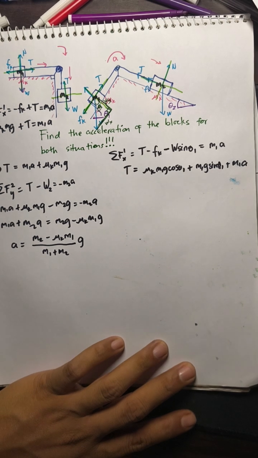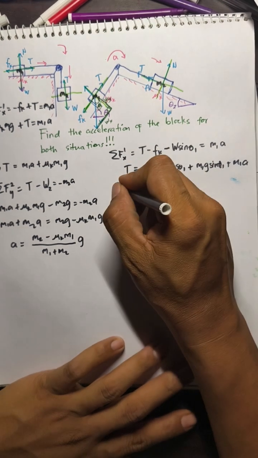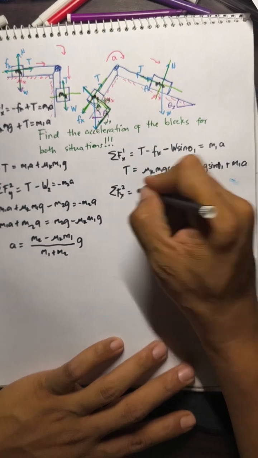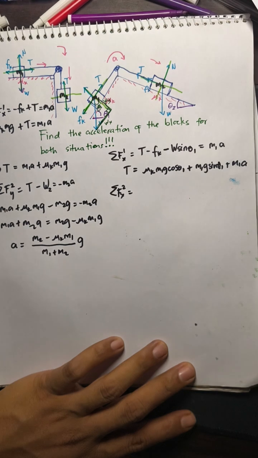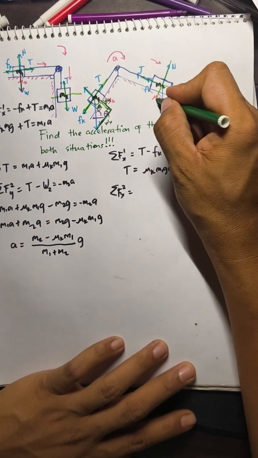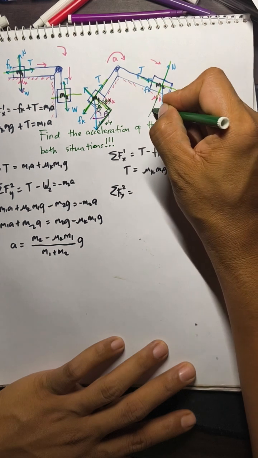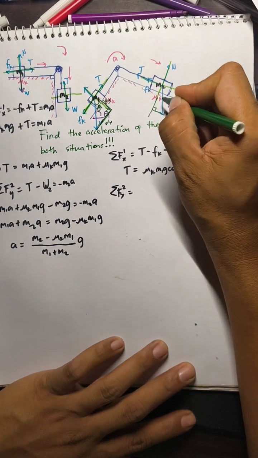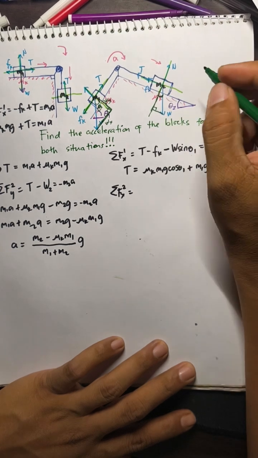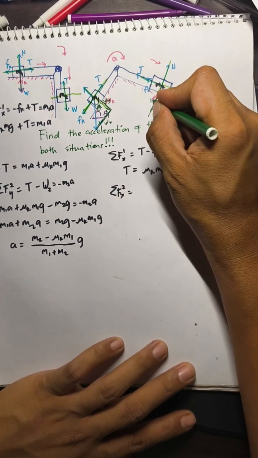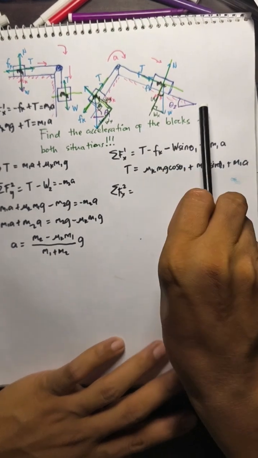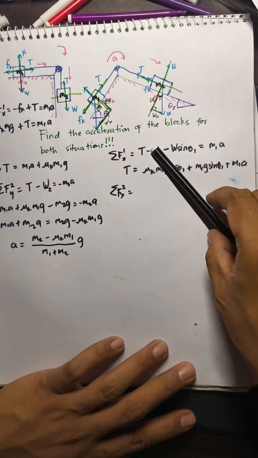Okay, so now again all we have to do is take the summation of forces along x for the second coordinates. What are the forces along x? Notice here that our weight is now in the positive x. Why? Here is our right triangle, and if this is theta 2, this must also be theta 2, that angle there. So this is our weight x and this will be our weight y. Why is it in the positive x? Because our weight is clearly in the fourth quadrant.